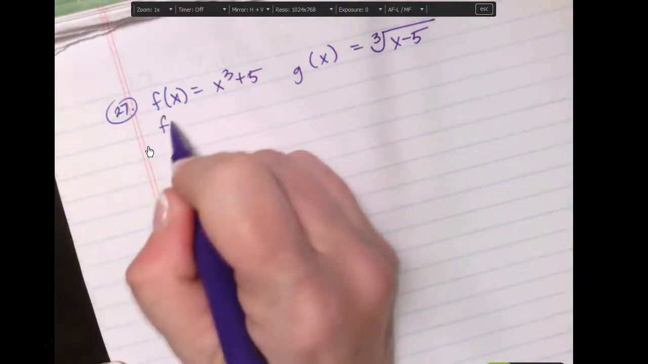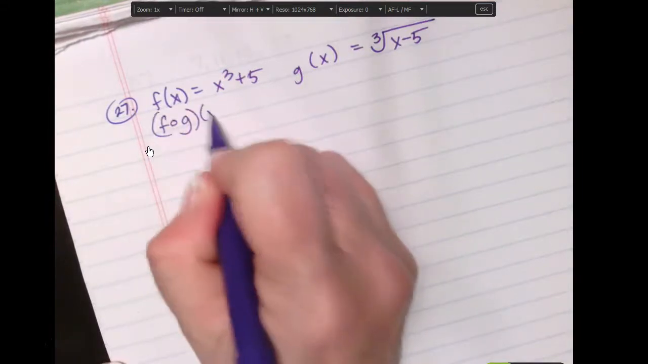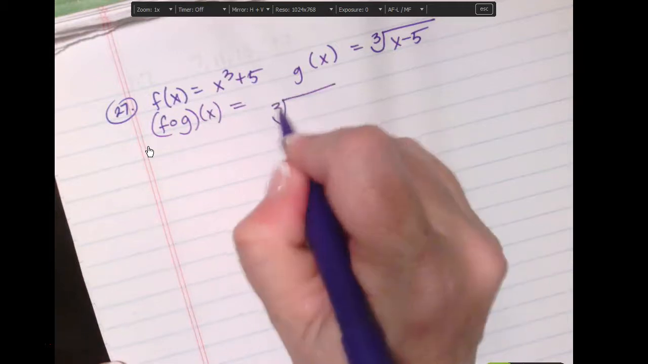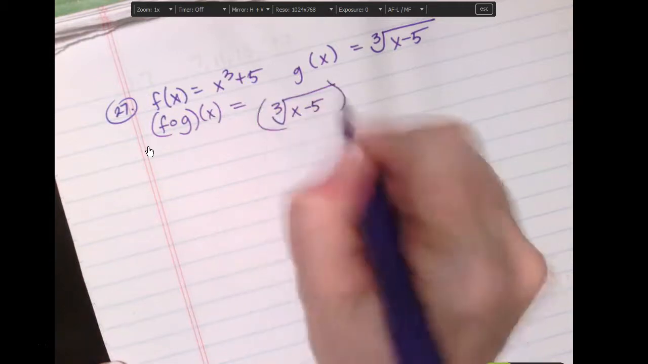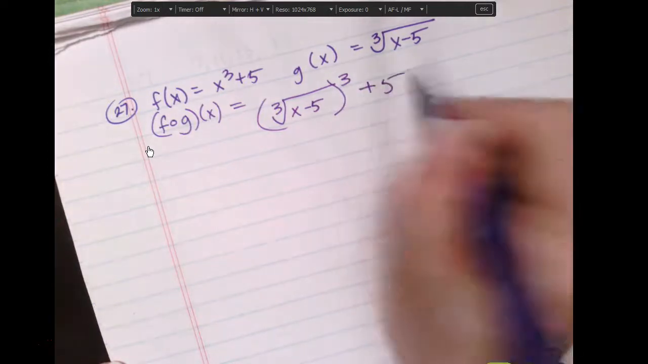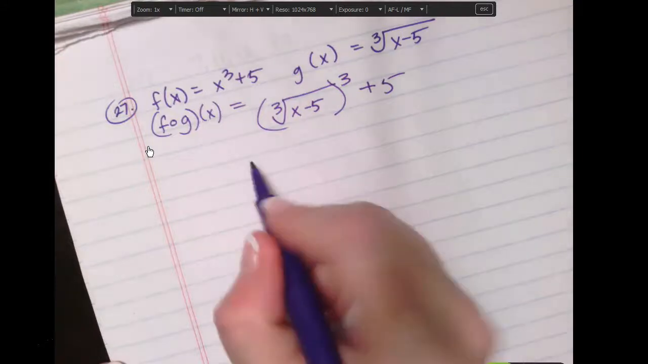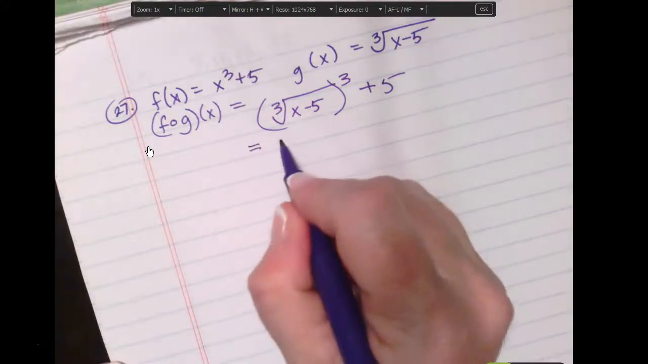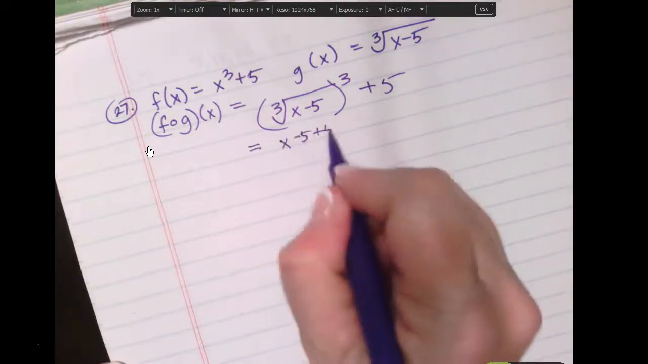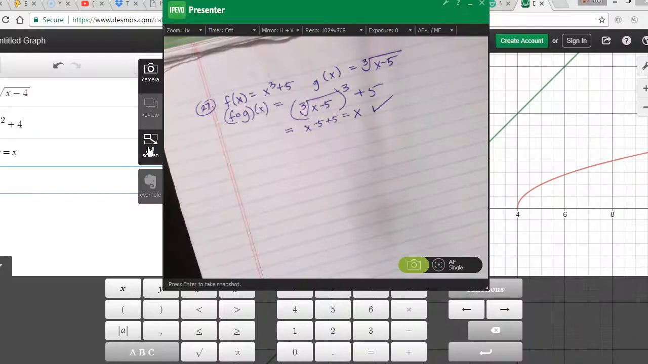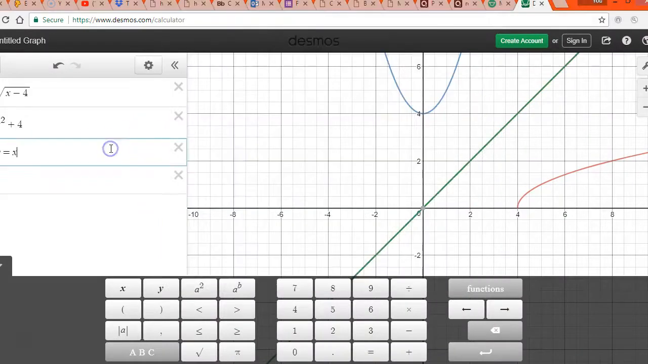So f of g of x is the cube root of x minus 5, cubed, plus 5. So once we cancel out the cubes, x minus 5 plus 5 equals x. So there I have verified it algebraically. Now let me go ahead and verify it